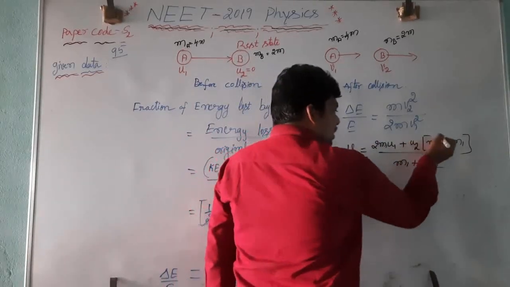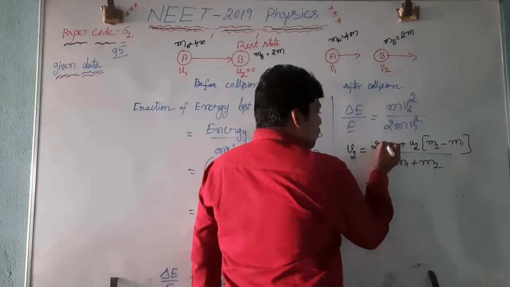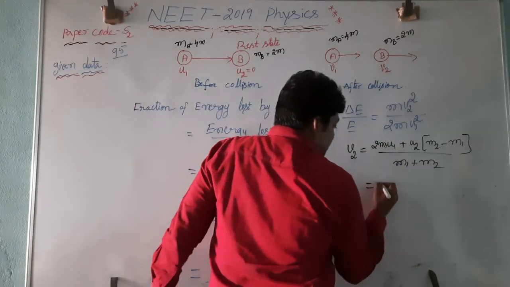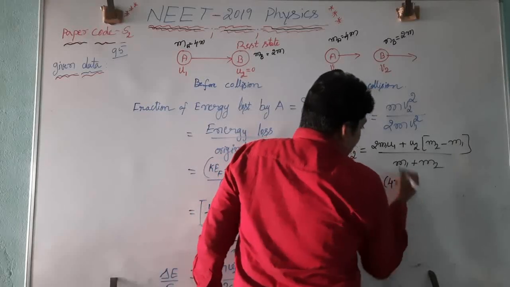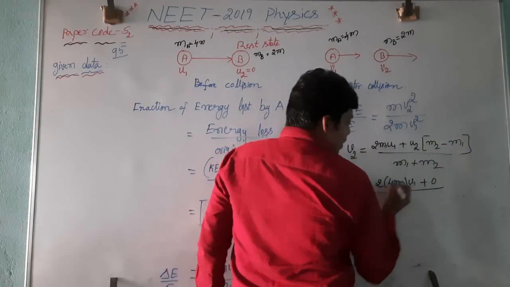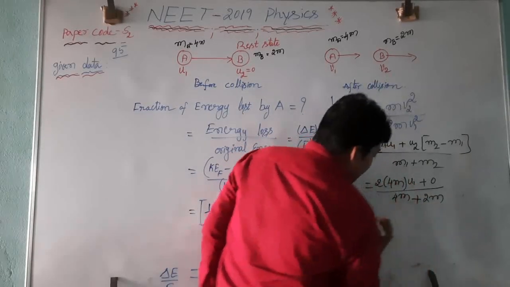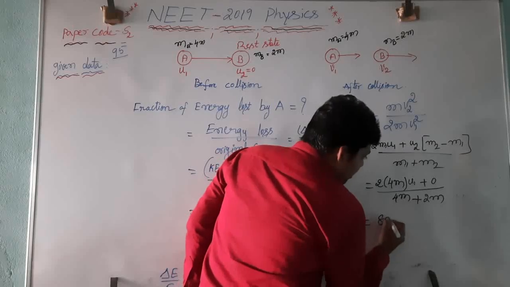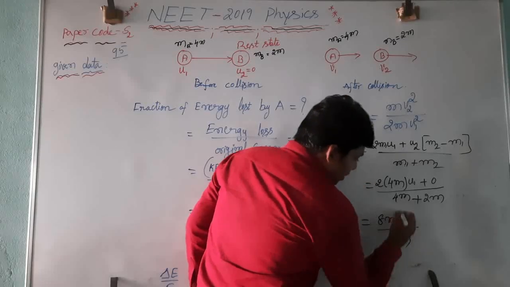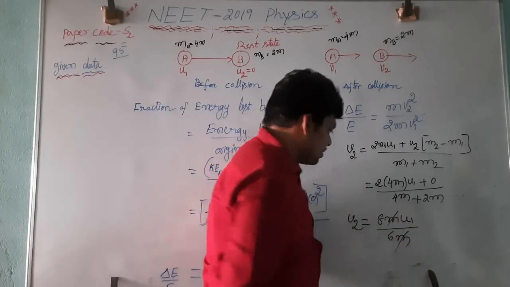Here u2 is equal to 0, so 0 into (m2 minus m1) is 0. Now 2 m1, where m1 is the mass of the first body. What is the mass of the first body? That is nothing but 4m, into the velocity of the first body, that is u1 only, plus 0. The mass of the second body is 2m. That is 2 fours are 8 m u1 divided by 4m plus 2m, 6m. Here m gets cancelled, so v2 is equal to 8 u1 by 6,